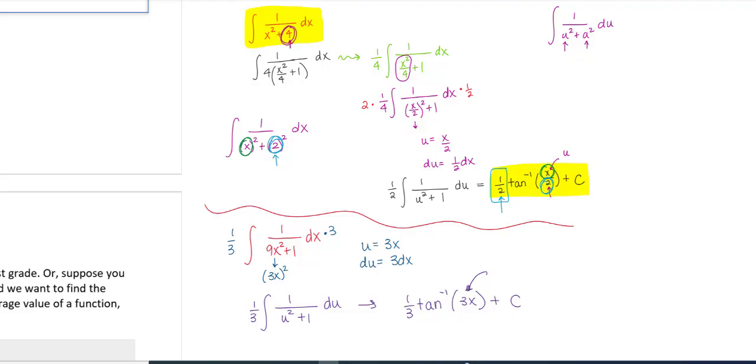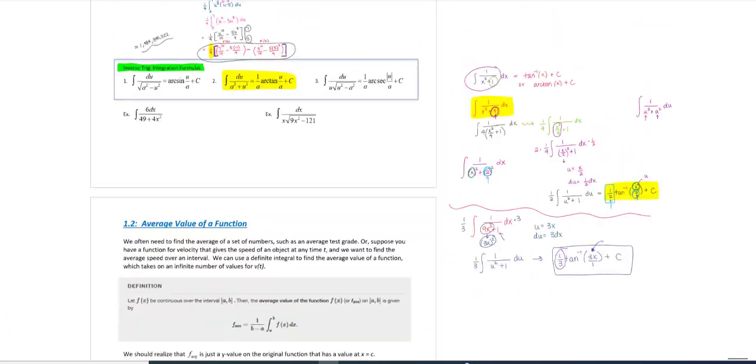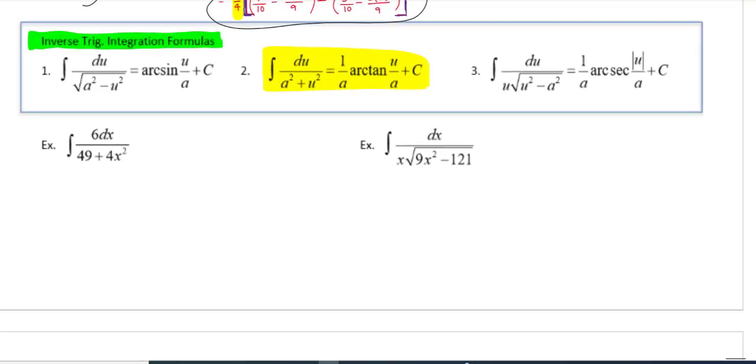So again, I can see now the difference is my 3x, well, that's because I was squaring a 3x, right? So that's that numerator, that's that u value of what you were squaring. I'm going to write over 1 just for a second here, and see that's what you were squaring as a constant. But I always do have to be evaluating this leading coefficient because that will come from my u substitution as well. So I'll do one more, but we'll piece them all together, and that one is actually on our notes. So maybe that helps you with that formula, maybe not.